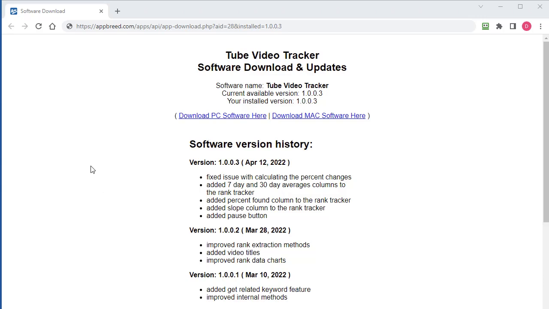In this video, I'm going to show you how to download and install the Tube Video Tracker software onto your computer that's running a Windows operating system. So you got two options here. Once you get to the download page, you can download the PC software, which is for Windows, or the Mac